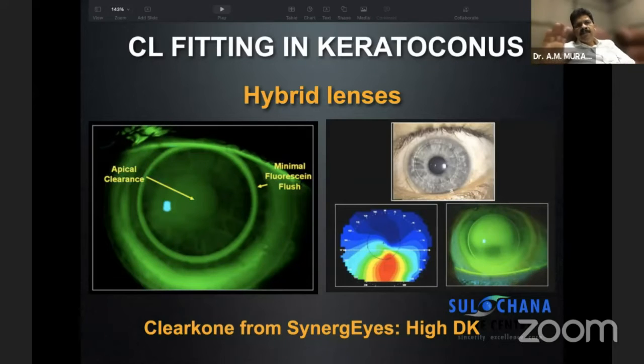These lenses tend to address two major issues. One, because their diameter is large, stability is not going to be an issue. They don't come out of the eye easily. And second, because they have an RGP material in the center, they can address the irregular astigmatism very well. So the vision of the patient is very good. What you try to do in this lens fitting is try to get a minimal fluorescein film in the center with a little bit of fluorescein towards the periphery.